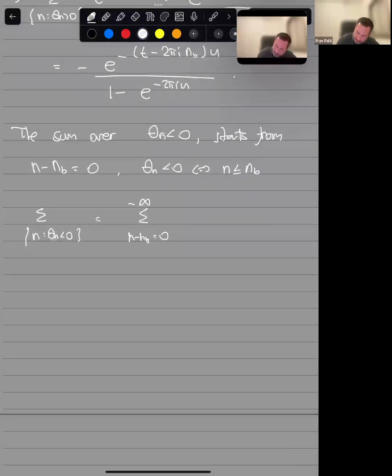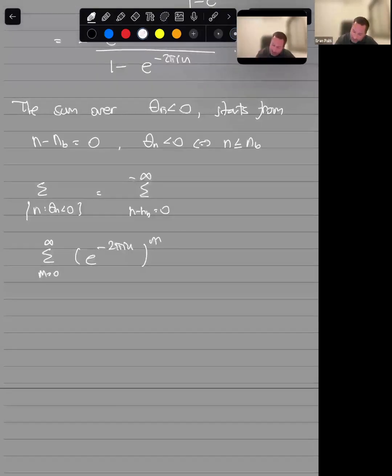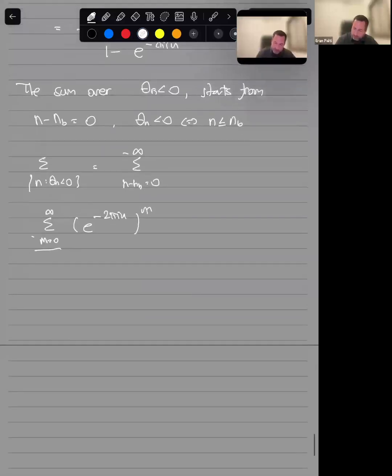And so we're going to get something like geometric series m equals 0 up to infinity, e now to the minus 2 pi iu. So I've just exchanged the plus for a minus, because we're summing down to negative n's. And now, because this starts from 0 and not from 1, we're just going to get 1 over 1 minus chi. So that means this thing is going to give us,